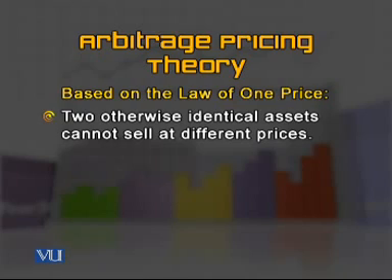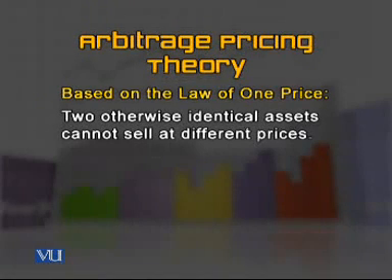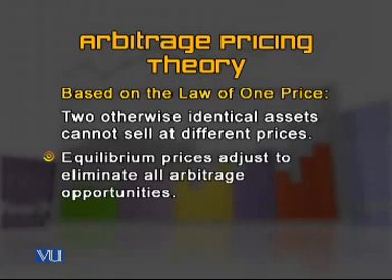The same asset cannot be sold at different prices. We're talking about shares that can be dealt with at different places, maybe at the same price. So these are two otherwise identical assets. Now, equilibrium prices are just to eliminate all arbitrage opportunities. Since there is a balance and no discrepancy in prices, it rules out any advantage that you might be able to take of price discrepancies between the two different places of the same product.